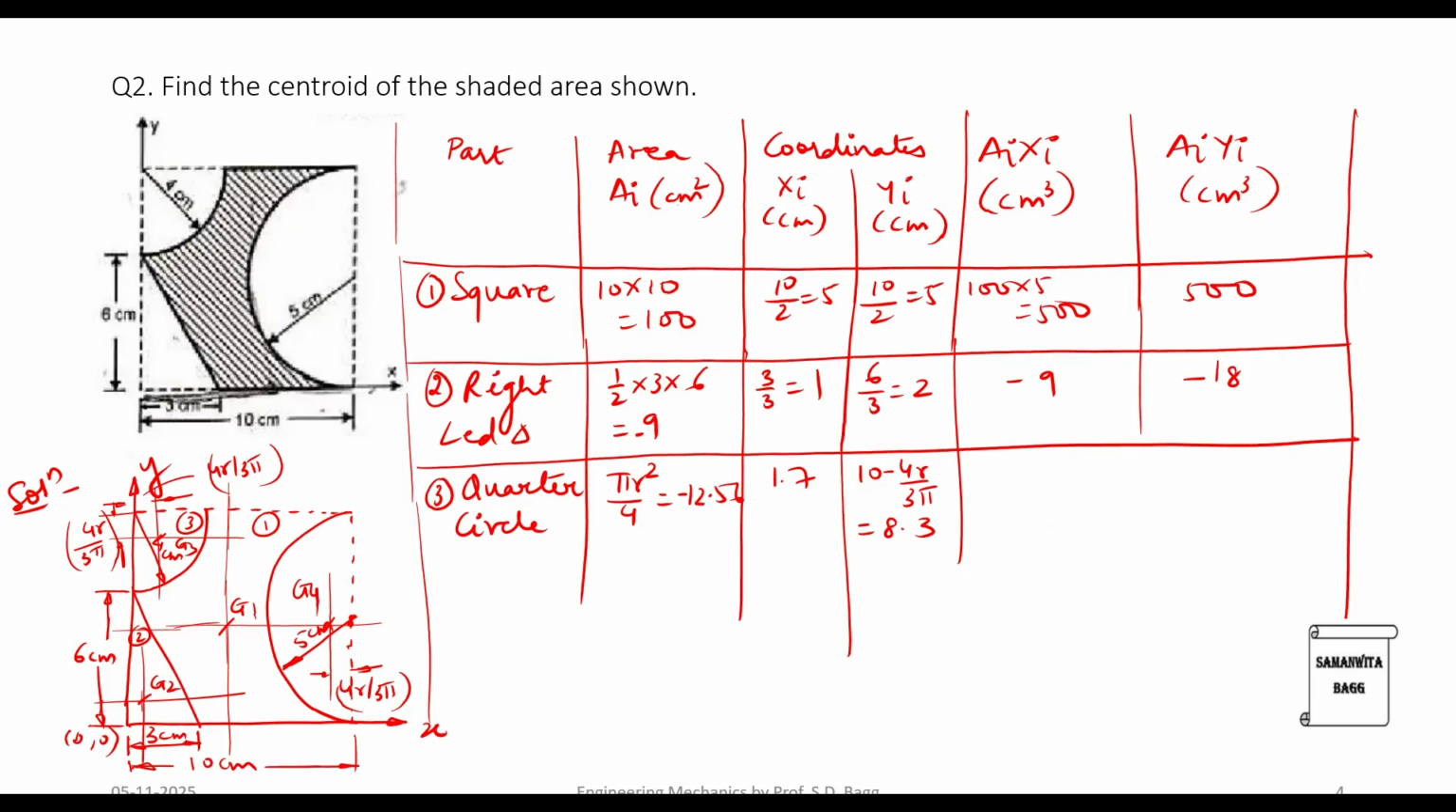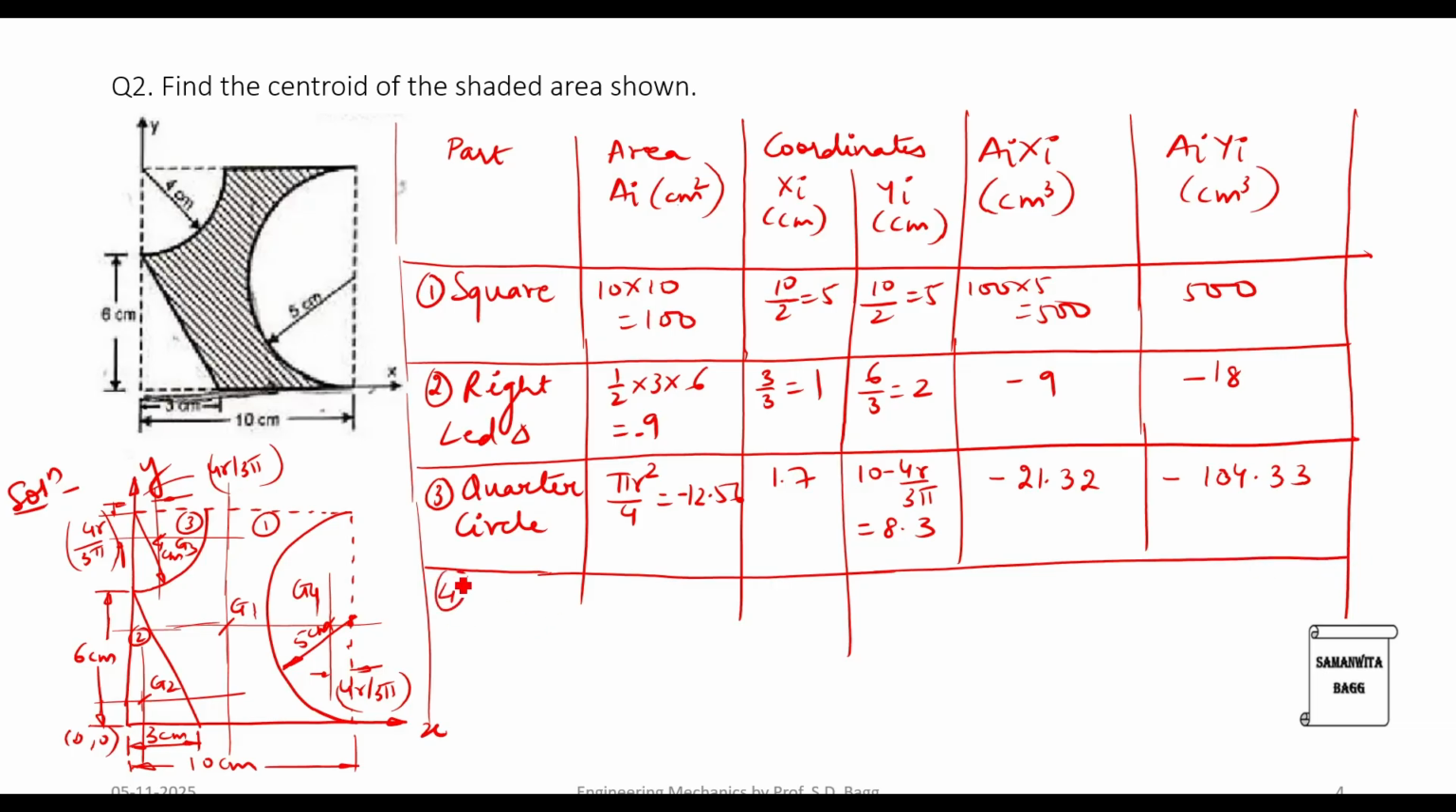Then we'll multiply 12.56 into 1.7 with a minus sign, which is 21.32, and here this value is minus 104.33. Then we'll go for the next shape,